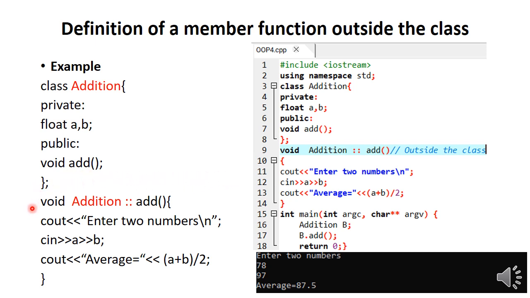As I have told you, to define a member function outside of a class, we use its return type, which is followed by the class name, and the class name is followed by the scope resolution operator. After the scope resolution operator, we have the member function name, which is add, and here we have the body of this function. So here we have a C++ program where we have defined a member function outside of a class,